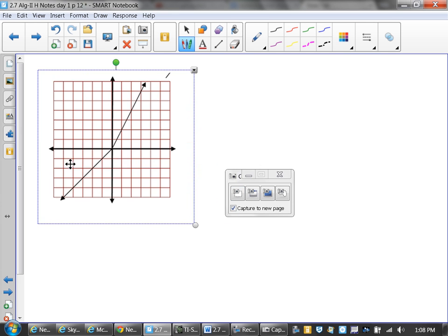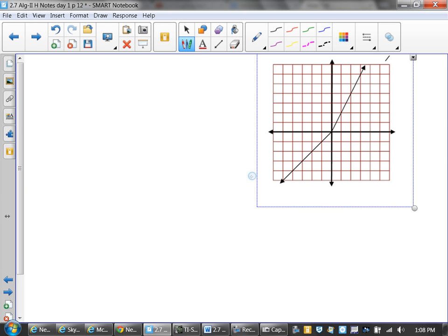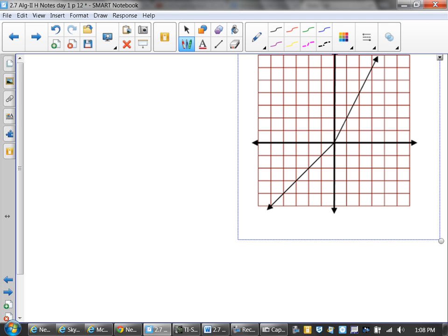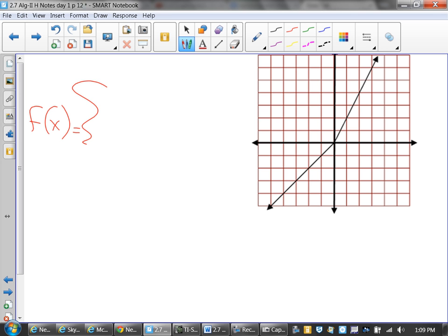Now, every one of these types of problems kind of starts the same way. When you're looking at that first problem, how many different directions do they go? Two. There's two of them. So how many equations should my function have? Two. So that's the first thing you identify. Once you identify that you're going to have two equations for your function, you start with your function notation. F of x equals